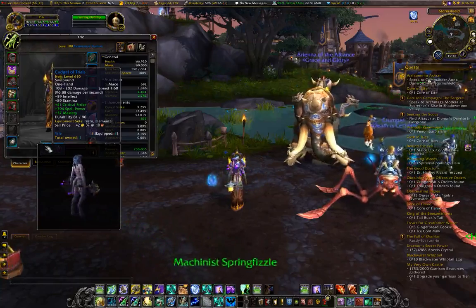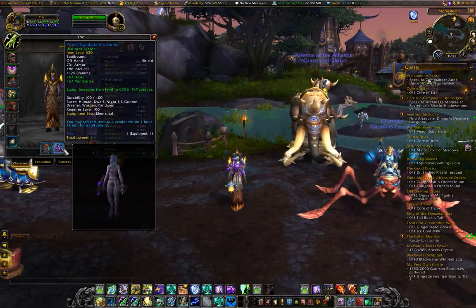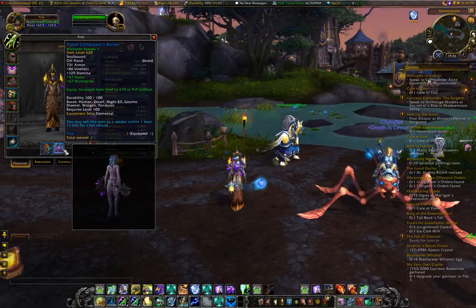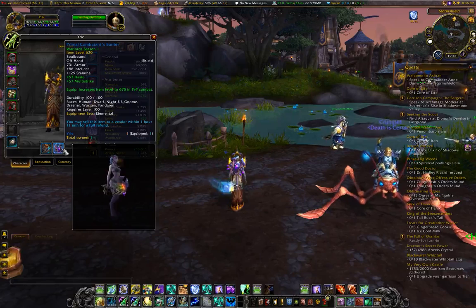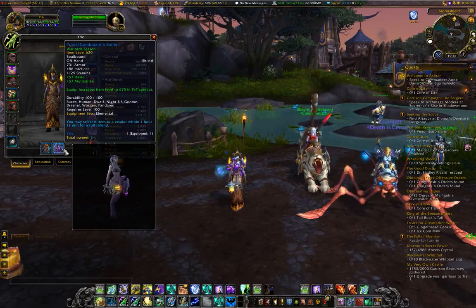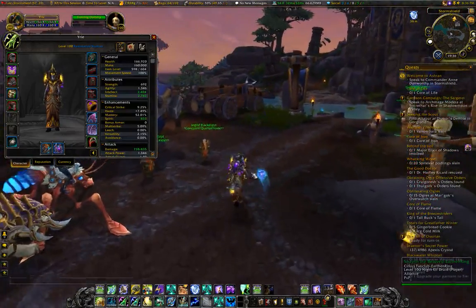This weapon here is not PvP. This shield is a PvP shield, and you can see there's no PvP stats on it other than the item level in PvP. But it's a 620. It's good enough that if I was to equip myself with items like this, I could do heroics, or I could do dungeons. So what we're going to do is queue for some PvP, because if you win a battleground,